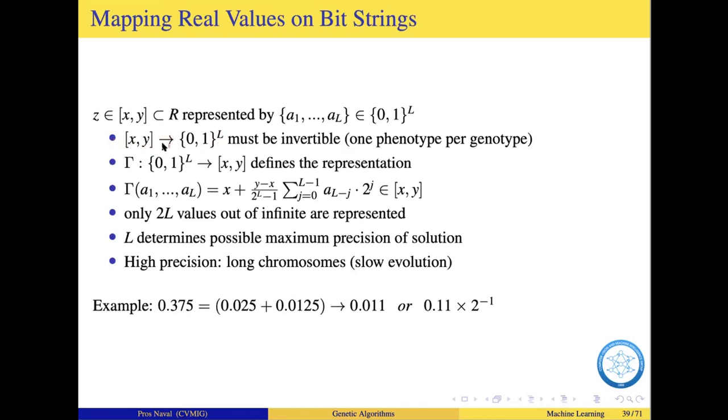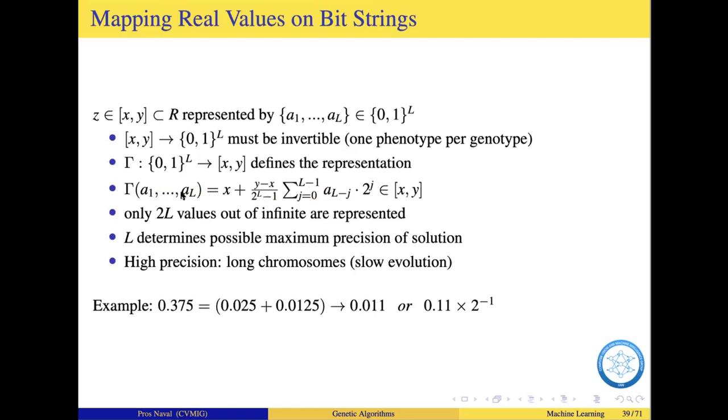So this mapping should be invertible, meaning one phenotype per genotype, and this would be your representation. Okay, so a particular bit string would map to a particular number in your interval x and y. So the mapping is the following. So it's just straightforward. Okay, there are only 2^L values out of the infinite number of possible values that can be represented by this